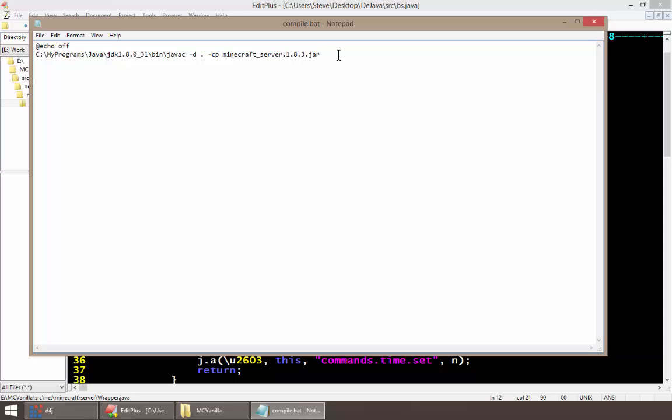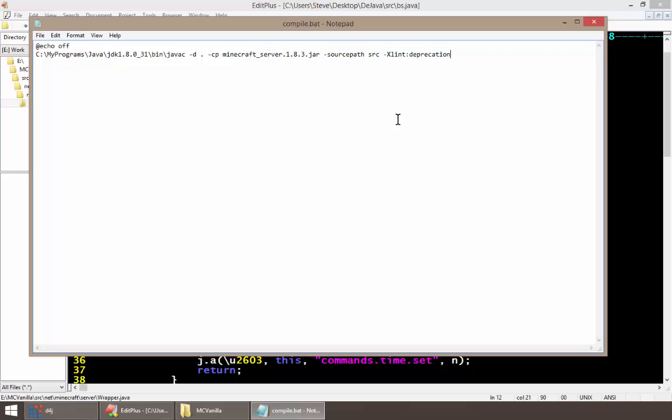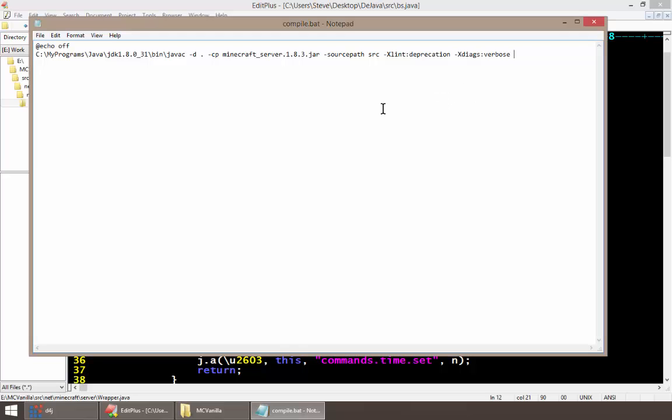The source path, where it looks for source files, that's Java files, is src, which is a folder we just made. Then we want to put deprecation on. Well, we don't want to, but I do. So just make sure it won't compile if we use any deprecated stuff. Give us verbose output,